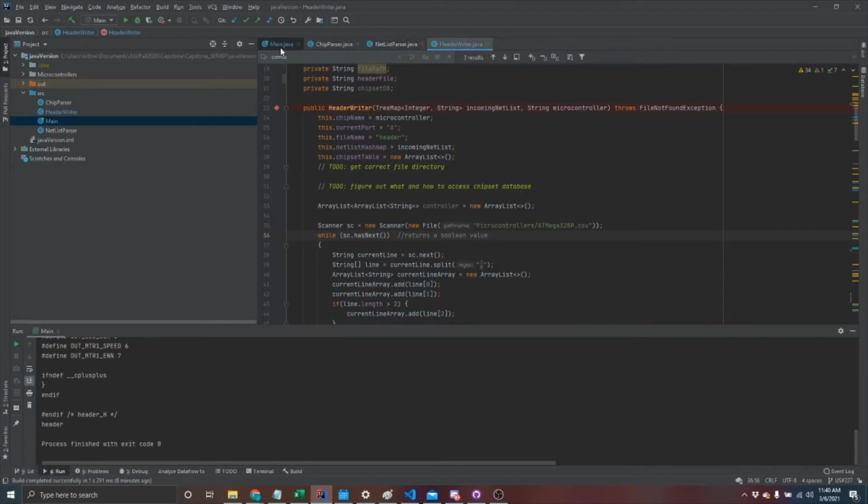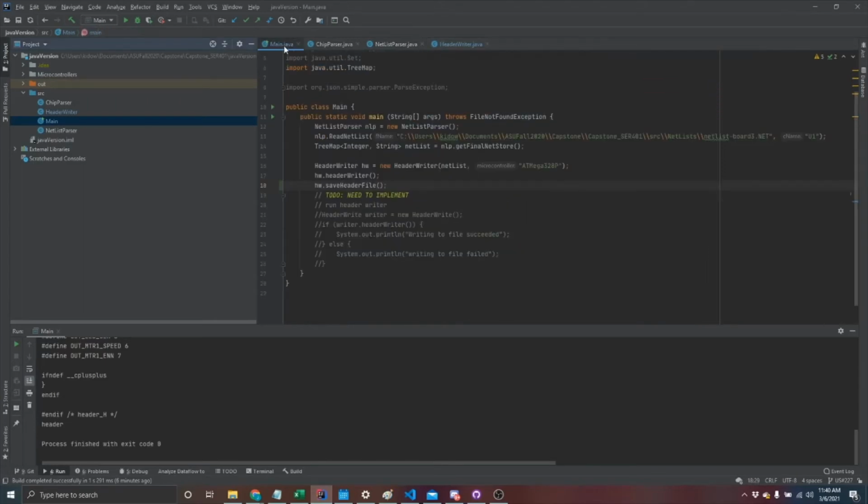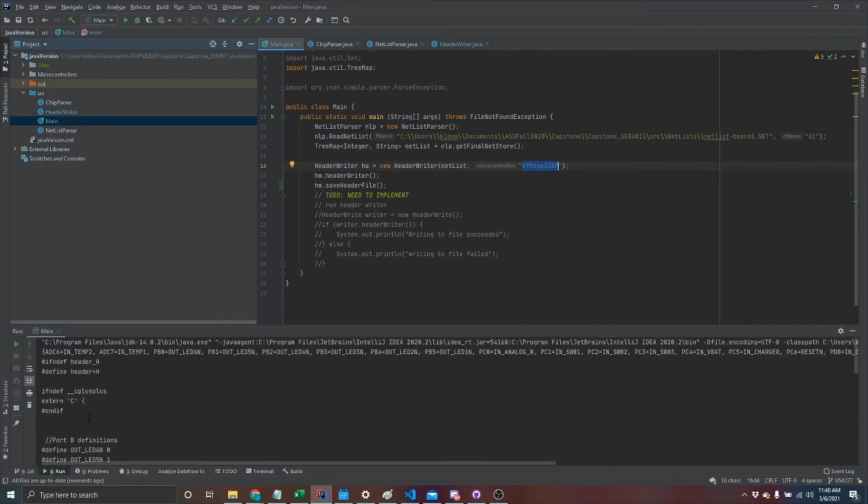So when we go into the main application, and we go ahead and run it, we are going to run it on netlist port 3, and then we're just telling it that the chip identifier is U1, which would be a configuration that the user would set. And then we're also telling it that we're using this microcontroller. So if we go ahead and hit play, we go ahead and see that we get this file, which is